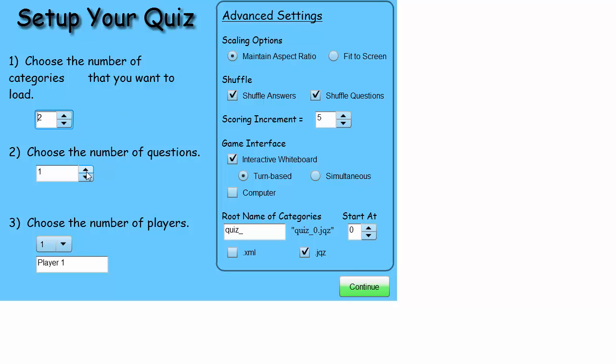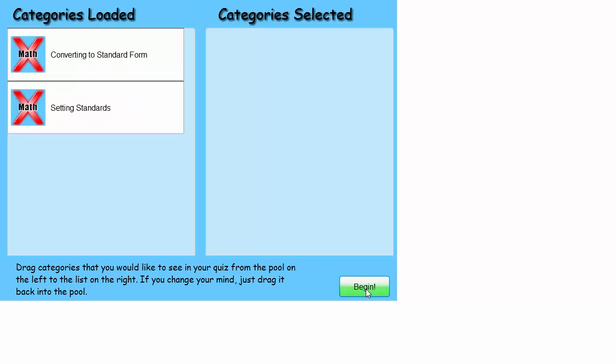Anyways, this was the setup screen, and you could have two players. Really, what we wanted to do was play it on an interactive whiteboard, and we tried to make it so that you could play it in a variety of modes. Anyway, the funnest one by far was the interactive whiteboard with simultaneous play, and I'll show you how that worked. Okay, so this actually loaded questions out of questions that happen to be in the folder, but we also